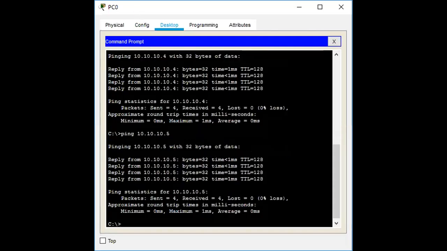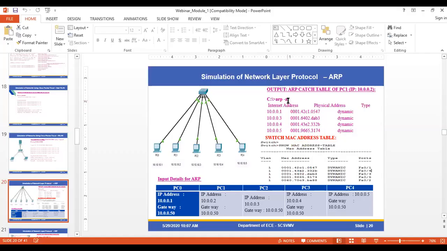Now what is the command to get the MAC address? You can see the output table here. The command is arp -a.